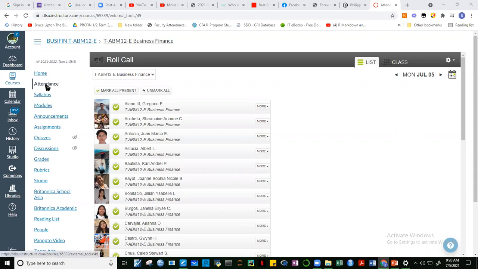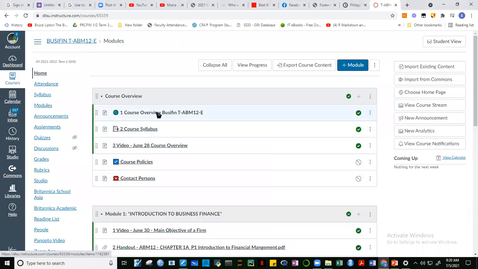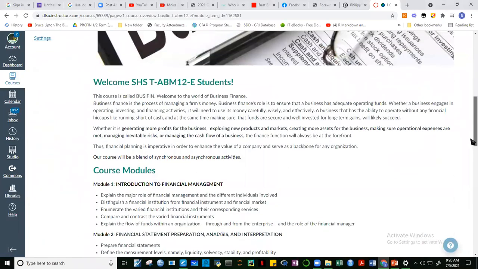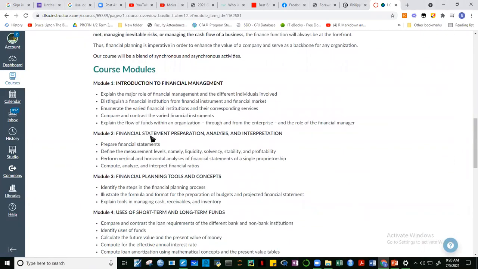Okay, so far, guys, let's situate ourselves where we are now. Let's go back to our course overview. So we're here at module 1, Introduction to Financial Management. We haven't really discussed many of these items yet, but we're in the process of doing that. We're going to focus on looking at the different types of financial institutions, instruments, and markets. Although last session, we were able to have some examples of this through the Kahoot game